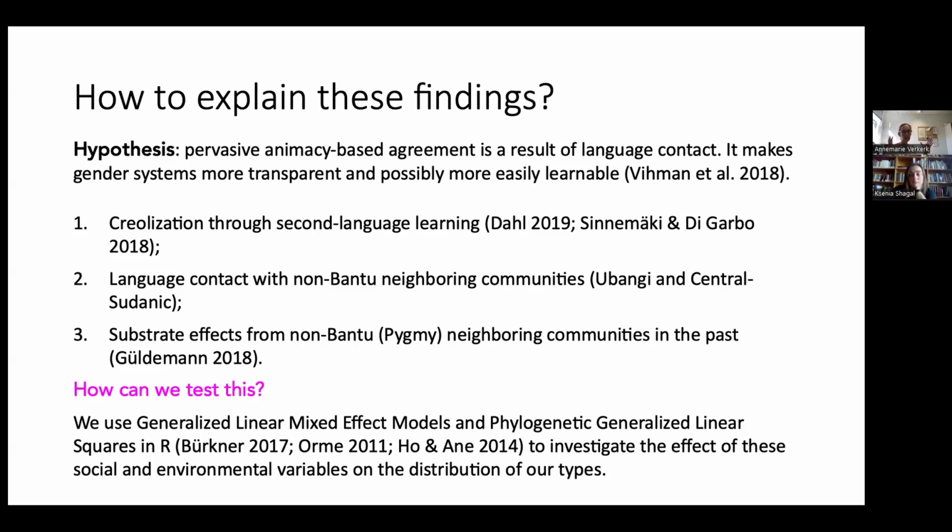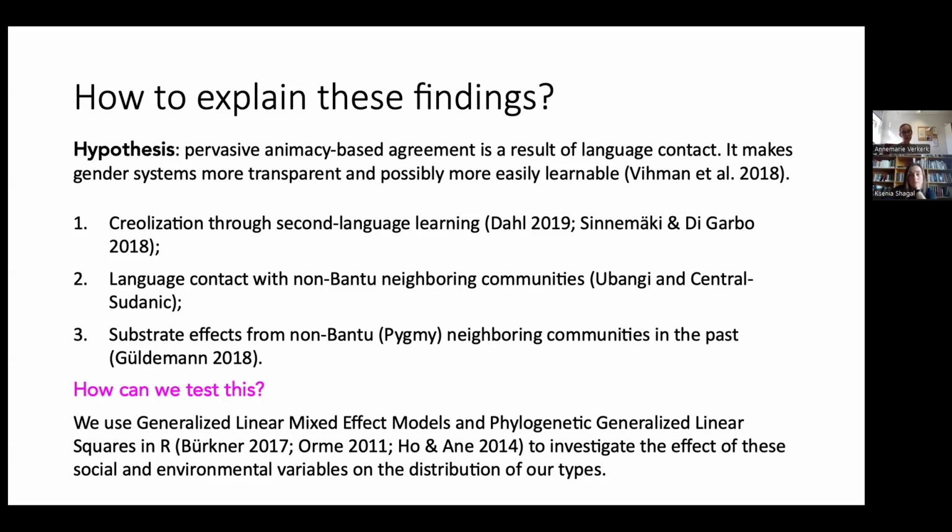And we had to talk a little bit more about the specific Bantu contexts in which such a language context could have that outcome, right? So the first would be that there could be creolization through second language learning. So I told you guys about Kituba and Lingala. These are two creoles where we have millions of speakers, and indeed these languages have lost their gender system altogether. So this seems a likely explanation for those.